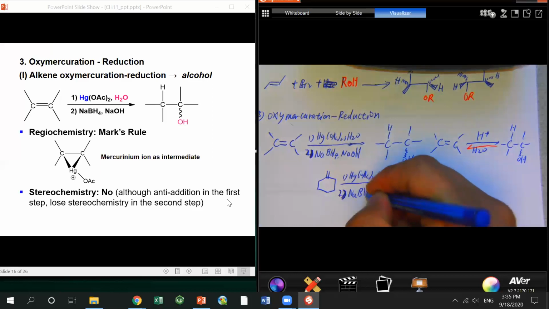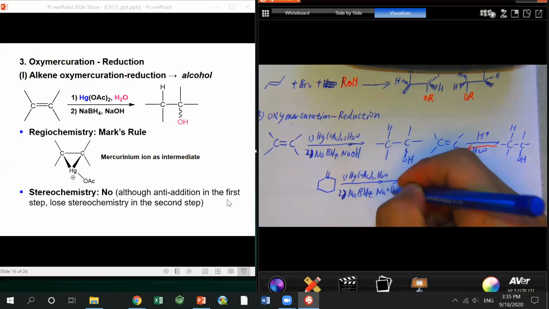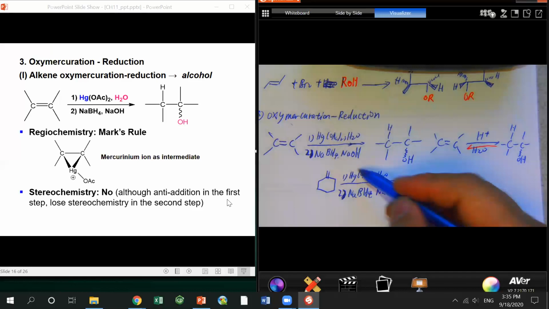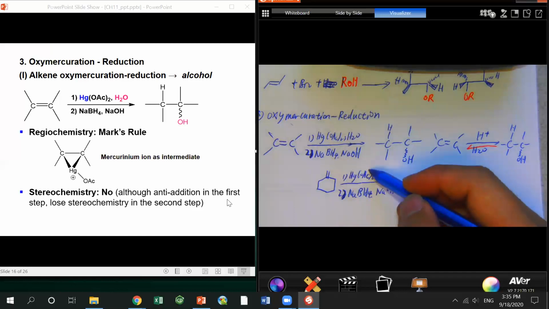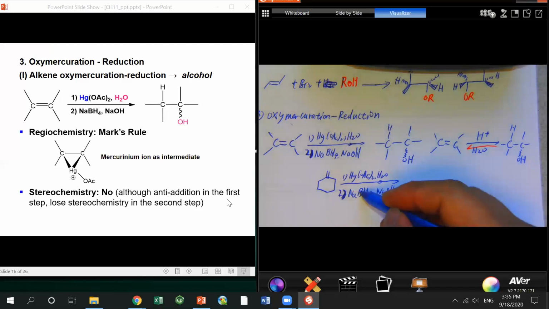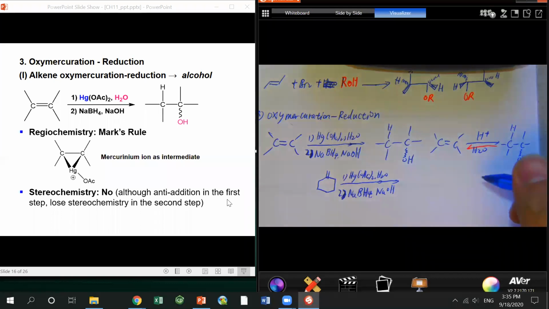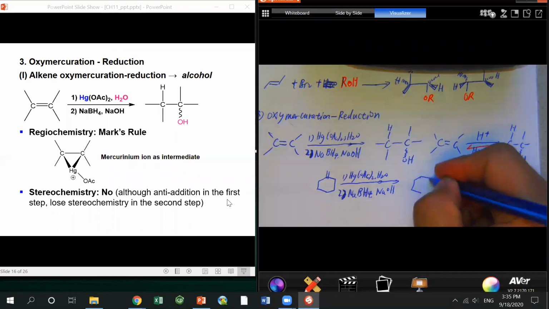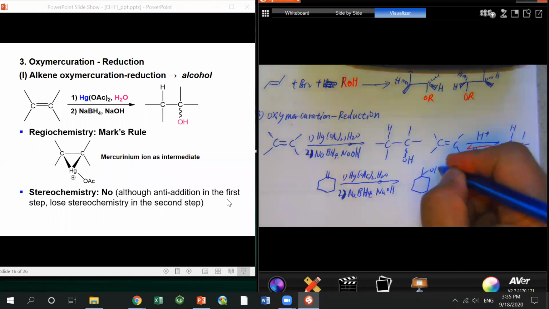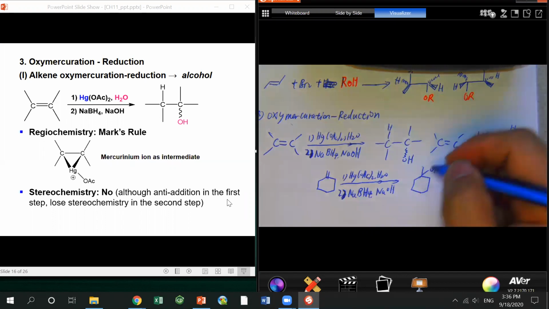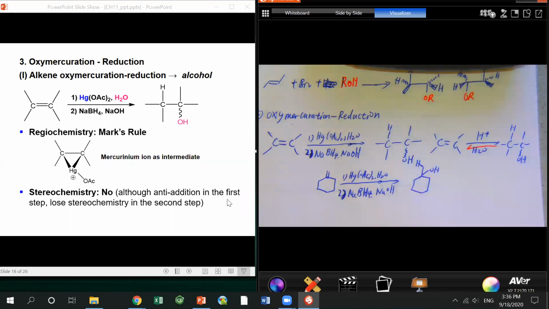From this chapter, the reagents become more and more complicated, so you have to memorize all the reagents a little bit. The first step is mercury acetate with water. The second step is sodium borohydride, NaBH4, followed by sodium hydroxide. After the reaction, this one also follows Markovnikov's rule: OH goes to the more substituted carbon and hydrogen goes here. Rich gets richer. And for stereochemistry,